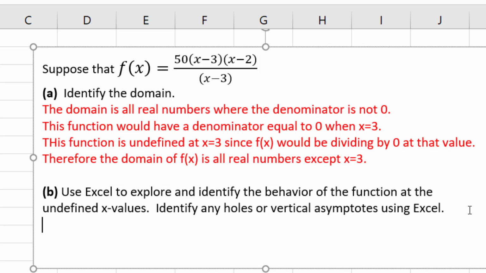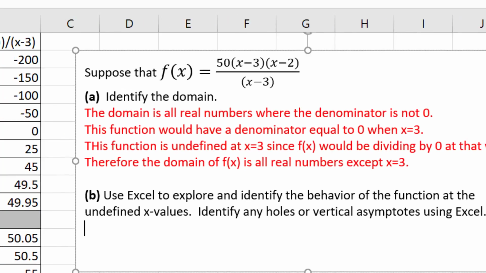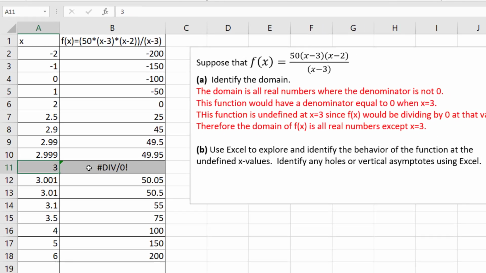Part B asks us to use Excel to explore the behavior of the function at x equals 3. We're going to identify if the function has a hole at x equals 3 or if it's a vertical asymptote at x equals 3. I've created an input-output table where you see that at x equals 3, the function in Excel outputs this pound division by 0 error. Whenever you get that with these rational functions, make sure you put your cursor in that cell and press delete so that it's an empty cell,